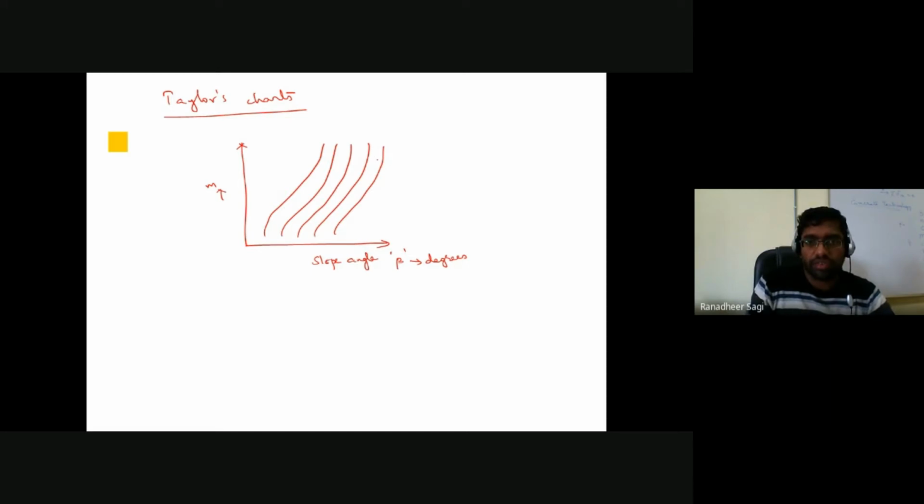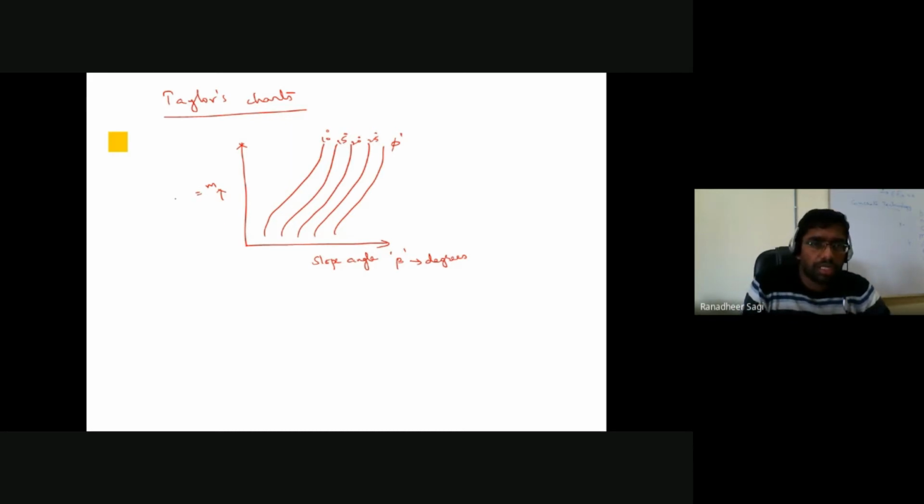And each of the curves we see here is applicable for different phi angles. Let's say this curve might be for some phi angle, this curve is for some other phi angle, and so on. Let's say for phi angle of that particular soil 10 degrees, maybe 15 degrees, 20 degrees, 25 degrees, and so on. For different phi angles, he went on to give different standard charts. Now, what is my M value?